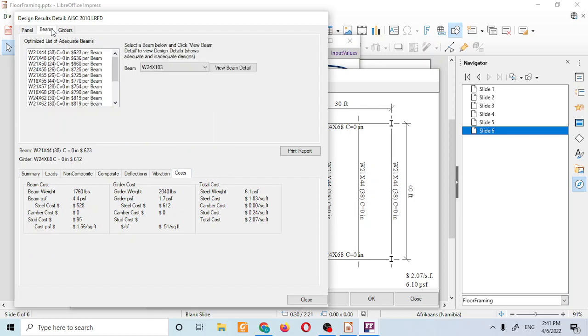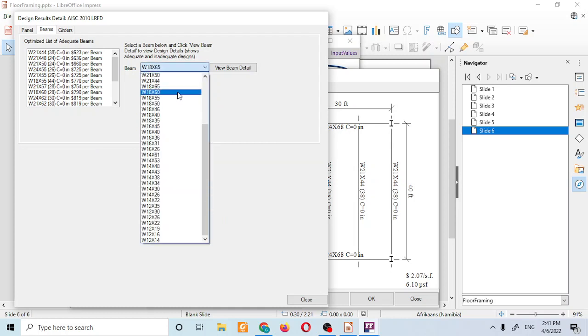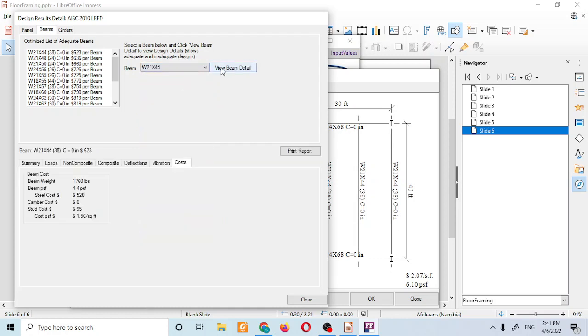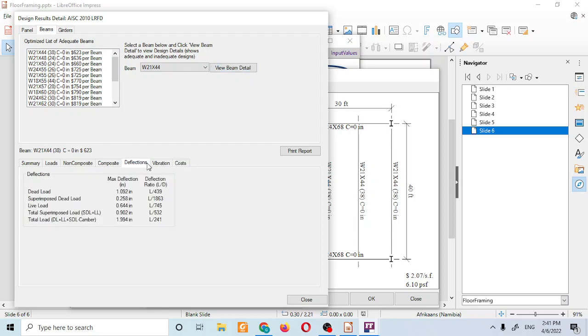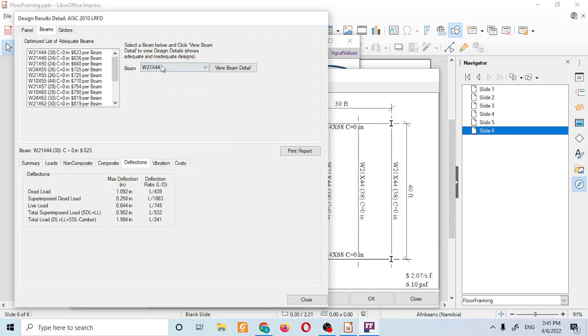And then we can go to the beam and select W21x44, which we already selected, this one. And then view beam details, and it shows deflections. So deflection is L over 241. So this may not be okay. So we want to increase the beam depth. So maybe select something like